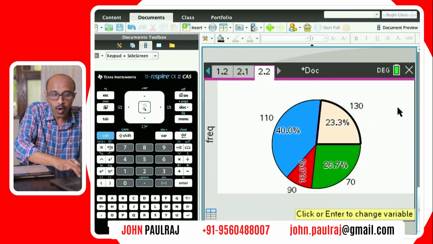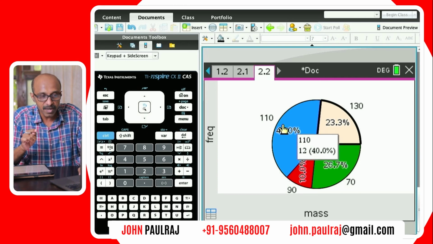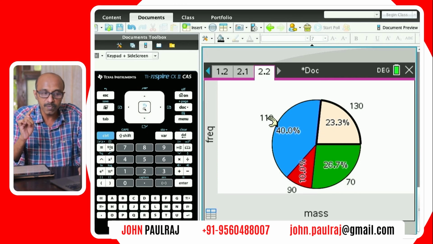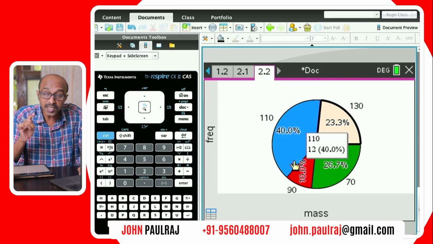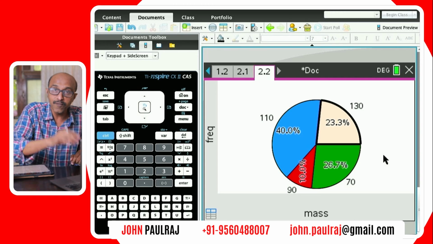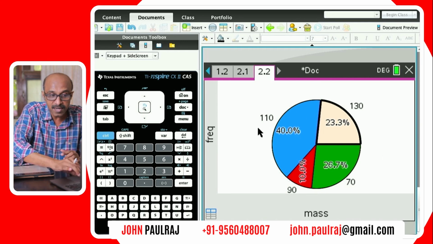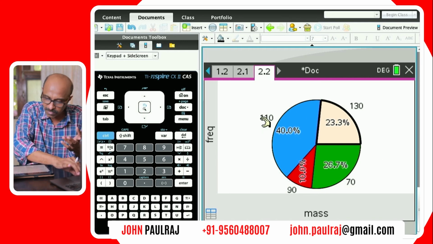Now, when you say show all labels, 40% of the data is coming from the mass that is associated with 110. 40% of what? 40% of the circular area. So 40% of the circular area is like 40% of 360 degrees, which should be the mass corresponding to 110. Is it kgs?